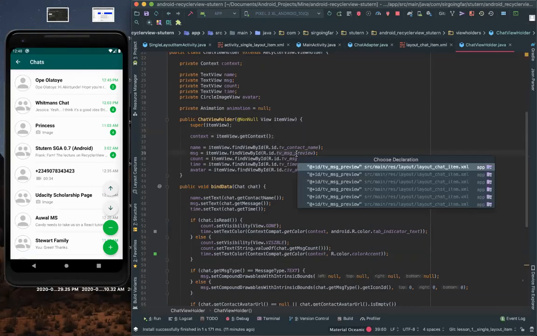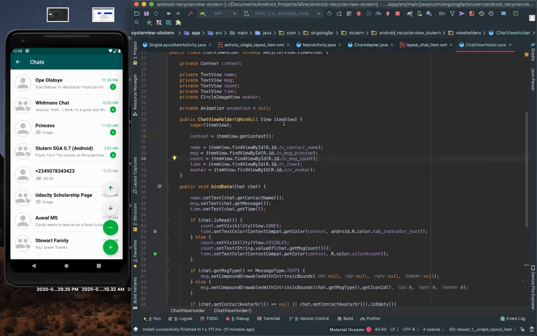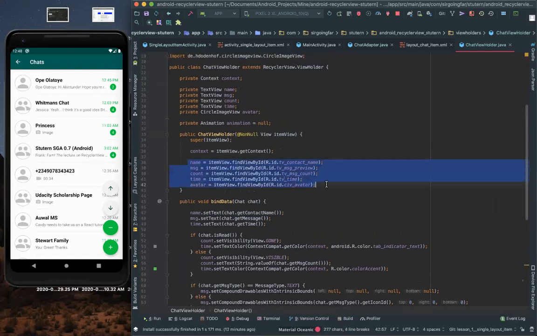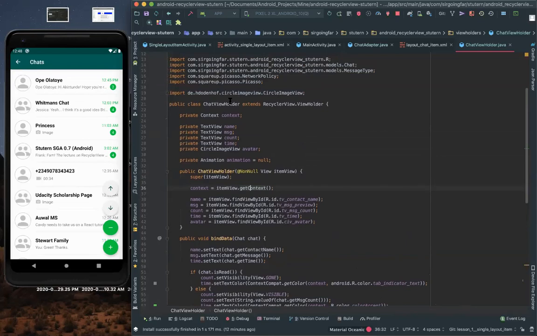When you click on a particular reference, it takes you to where it's being declared or where it's being used. So we just try to find this item view, use findViewById to get each of these views to extract them out. So at instantiation, you extracted all these guys. Now, for you to be able to use your view holder, you simply create it by extending a RecyclerView.ViewHolder